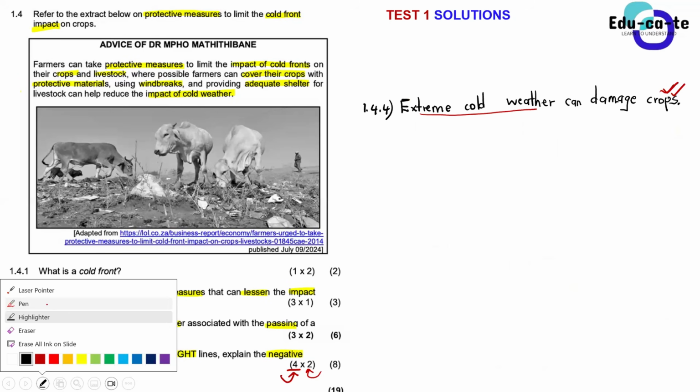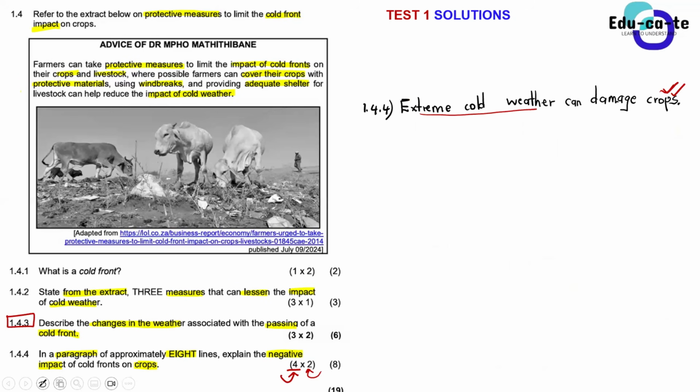Okay, what else, guys? What else can have a negative impact? Yes, Trevor. Heavy rainfall, sir, can result in flooding. So we've got heavy rainfall, which can result in flooding.